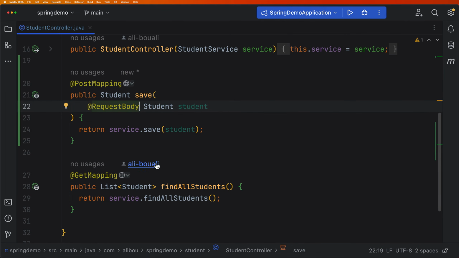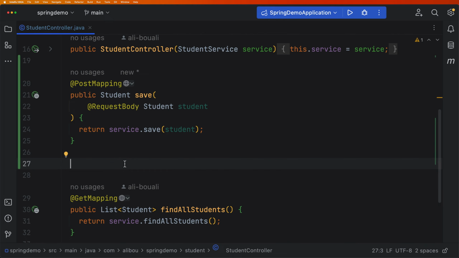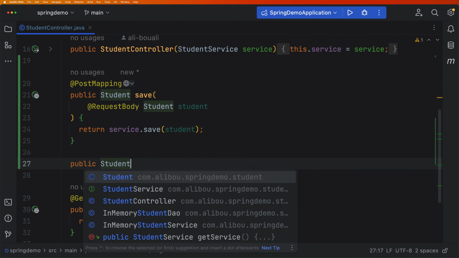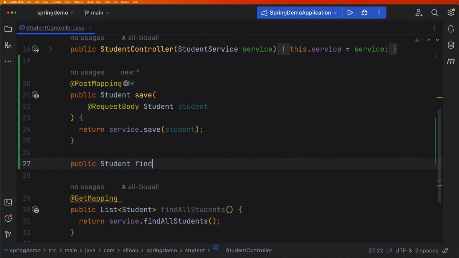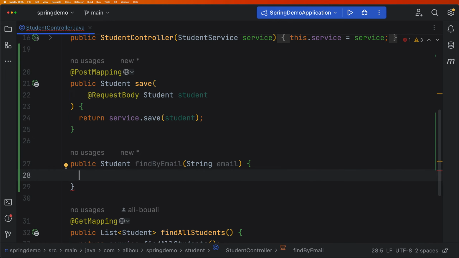All right, now let's go ahead and implement the find by ID or find by email. Since the email should be unique, let's implement this method. It will also return a student. So public Student, and I will call it findByEmail. It will take a string as parameter, which is the email that we want. Then simply we will return service.findByEmail,